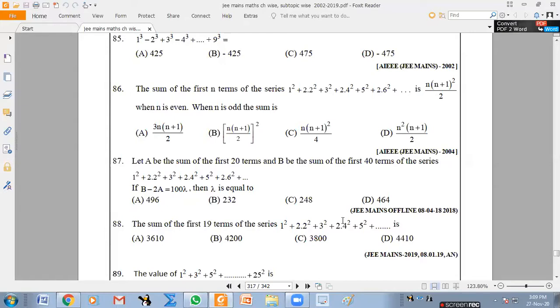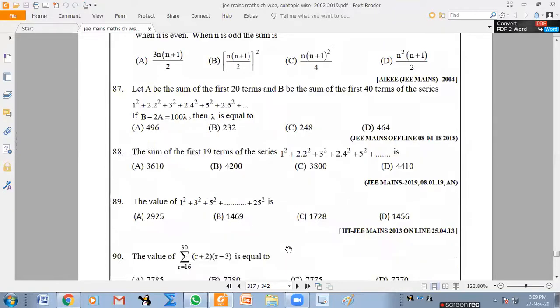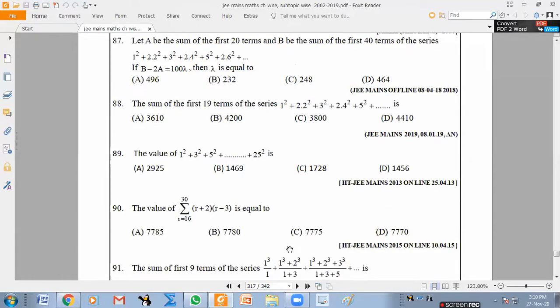Up to 88. Anybody, any other doubt? All 86, 87, 88 in essence same. That is the extra into 2 is there, you can separate them. That is the main. One is given 2004, one is given 2018, one is given 2019. Okay, up to 90, sorry. Up to 90, any other doubt? No. No. No.